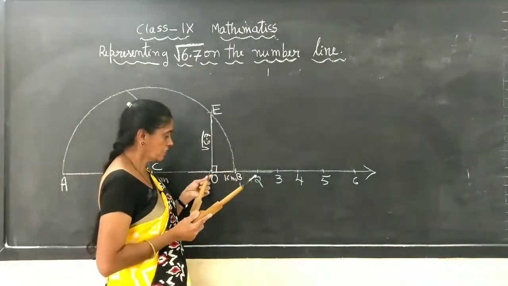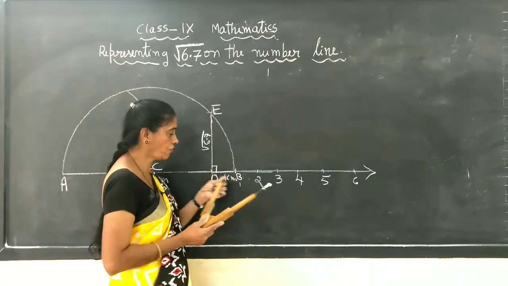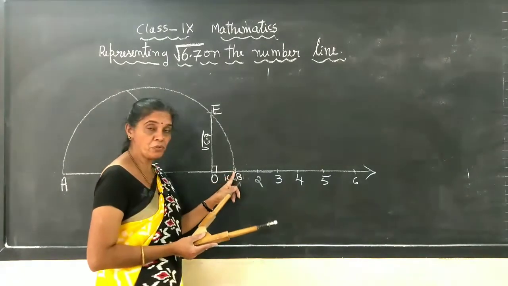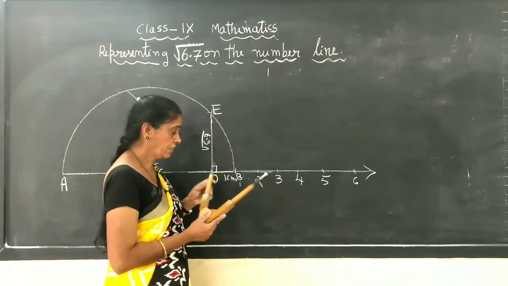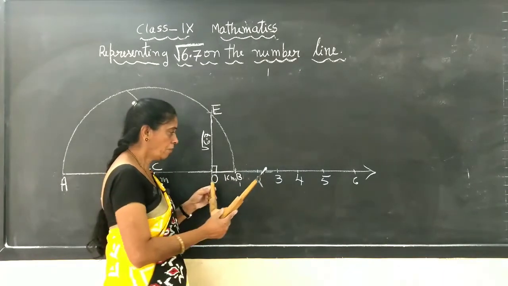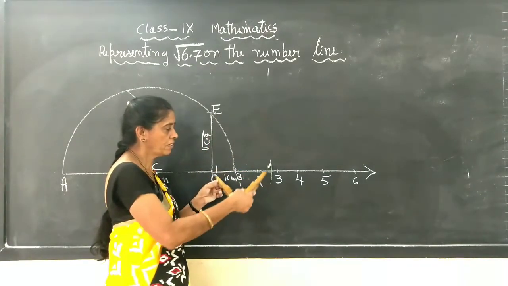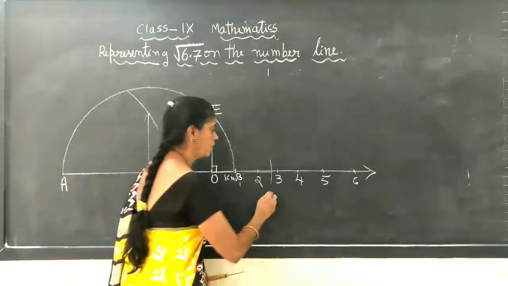So this is the starting point, O point I have written. So from O here, not from B. Remember, many students will make a common mistake in the exam, they will take it from point B. Wrong it is. Take it from O here. So from here, mark this much distance on the number line. Here it is. So this is the point P,